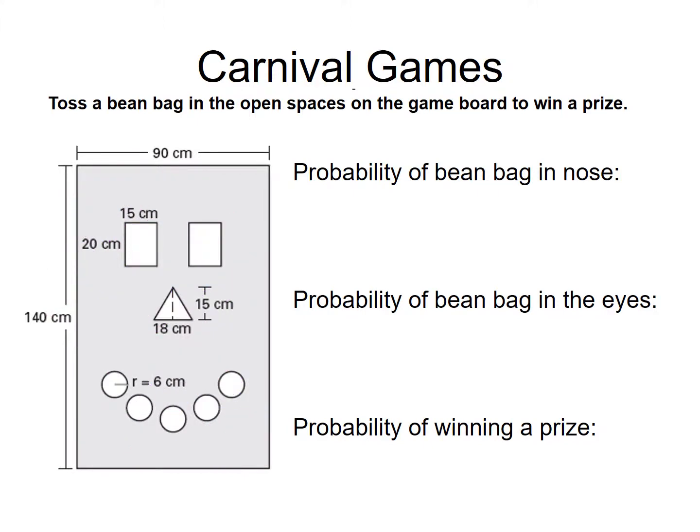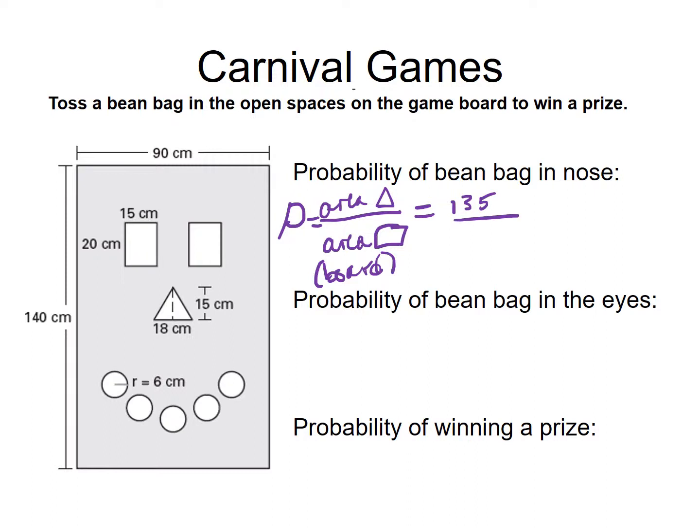So we need to find the area. The probability is going to be the area of the triangle over the area of the rectangle, or the whole board. The area of that triangle is just going to be 18 times 15 times 1/2, which is 135. And if we find the area of the whole board, that's just going to be 90 times 140, which is